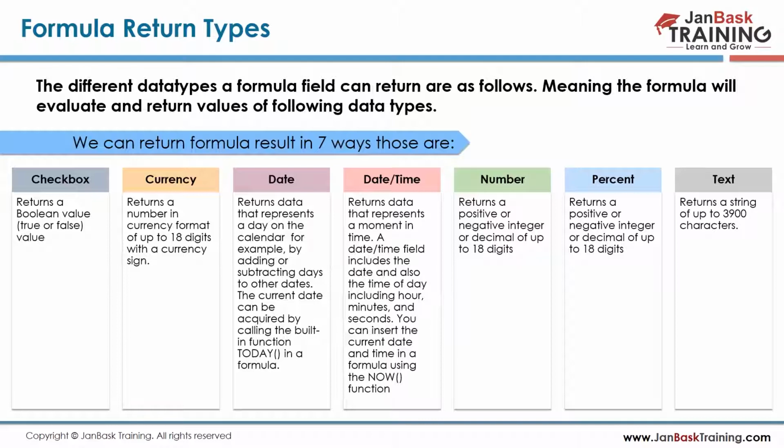So these are the return types that are available whenever we talk about a formula. We can either create a checkbox formula, a text formula, a number formula, or we can display some value as a percentage, date time, or currency. Apart from these, there is nothing else available. Whenever you are writing a formula, it should be written in a way that it returns any one of these kinds of values, and accordingly you'll have to make a selection while creating. So these are the 7 data types that can be returned using the formulas that we will be writing.